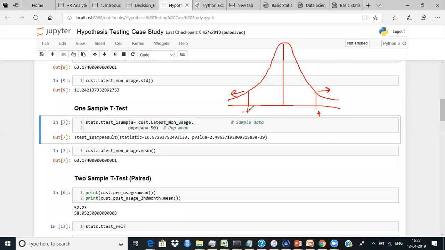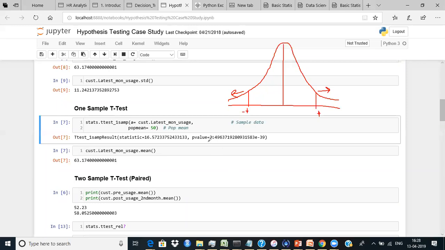Calculate area to the right of T, calculate area to the left of minus T, right? This is your p-value. But in our case, I only need area to the right. So how do I get area to the right? Divide by 2, exactly. So if you want to convert a two-tailed test p-value to a one-tailed test p-value, you simply divide it by 2,